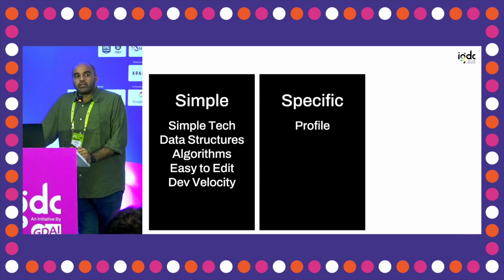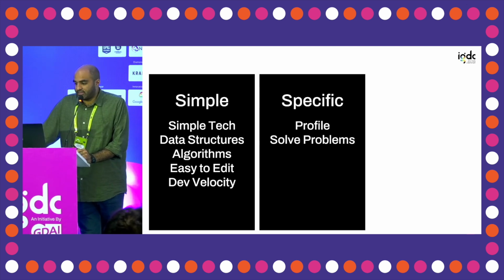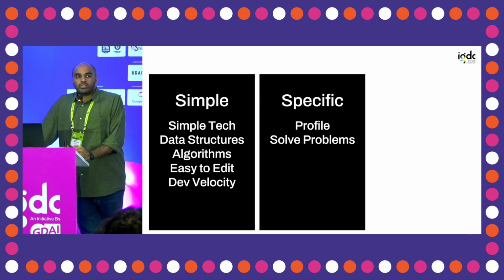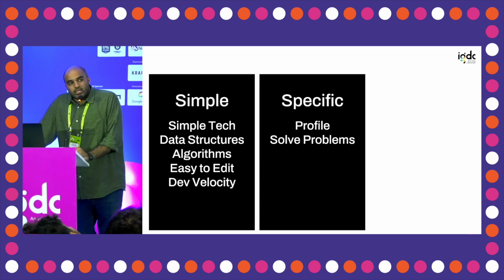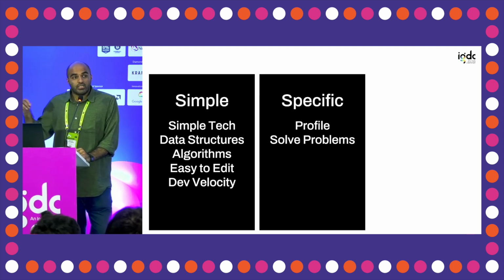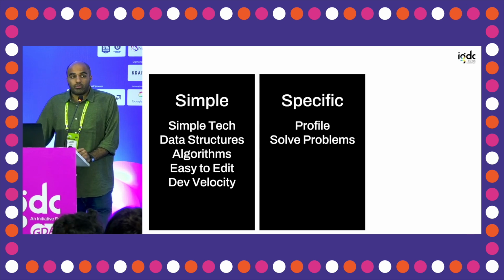So don't start solving problems that other people have. Profile your own game, your own tools, and then see where the problems are, and then fix them. The second part is about solving problems. Every technical solution exists to solve a certain problem, and that problem may or may not be technical. It might be just interpersonal. It might be some limitation of the hardware which you are not using. But each solution just sounds so juicy, and as tech people, we love to try and use those solutions which don't make sense, right? So make sure that you're solving your own problems and not somebody else's problems just because the solution sounds sexy.